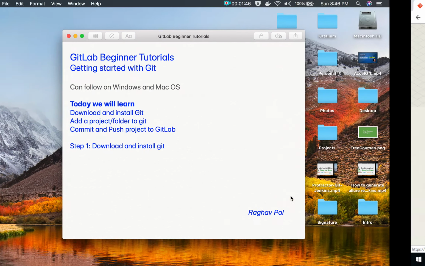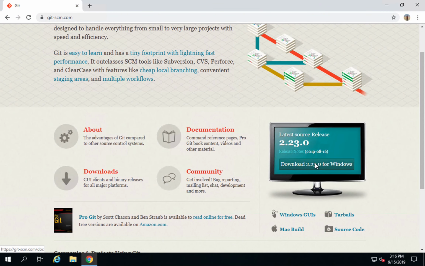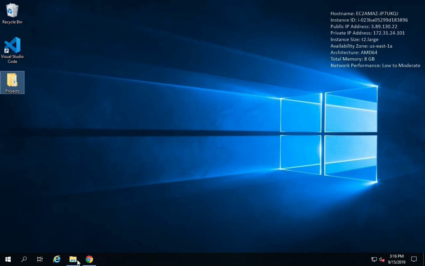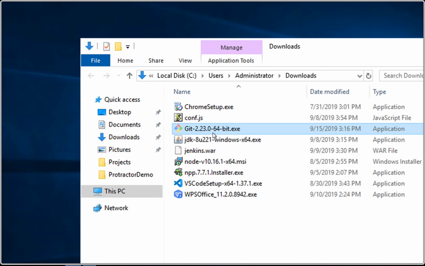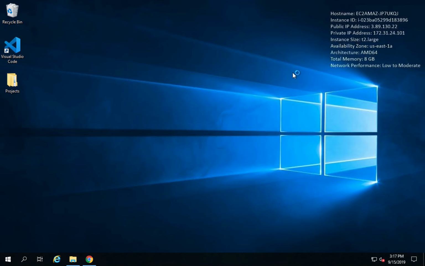So if you are on Windows, you can download for Windows, and if you're on Mac, you can download for Mac. So I will download Git from this website and then install it. All these notes will be available to you in the description or notes section of this video. I will click on download for Windows and this will start the download, and it is an exe file. I will go to my downloads folder, and here is my exe file. I will just double click this to start the installer